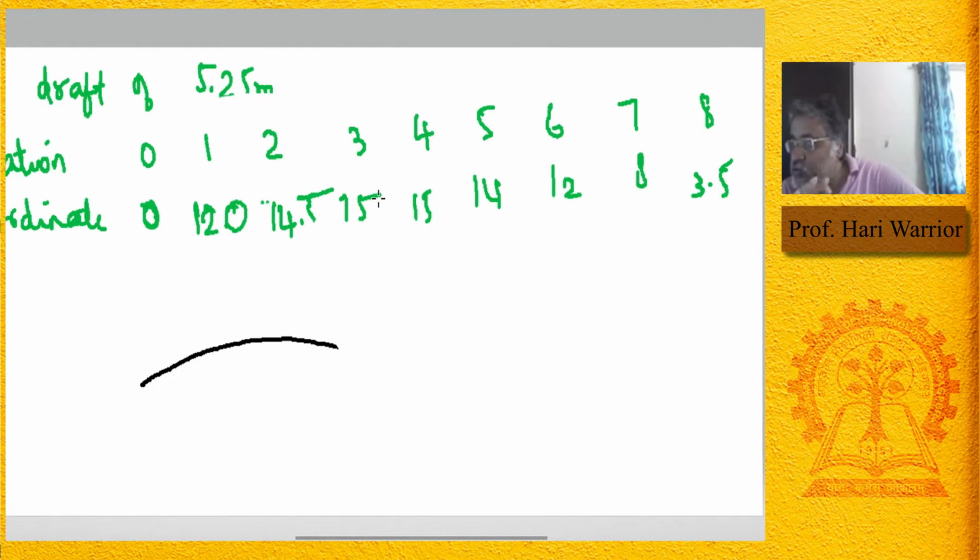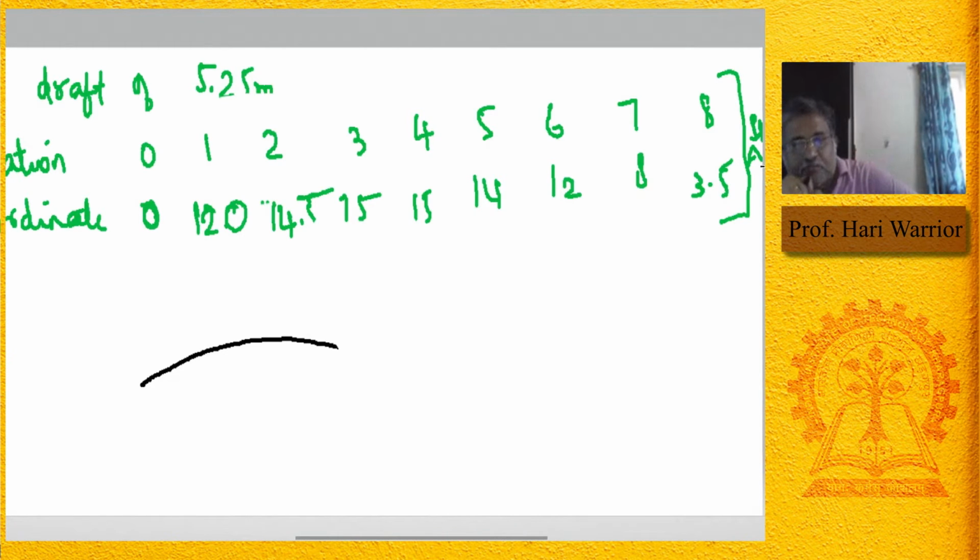Now the problem, just like the last problem, where they made everything look a little more complicated, here they are saying that forward of station 8, so this is going up to station 8, there is an appendage second moment of area of 30 meter power 4. So beyond this, there is some second moment of area of 30 meter power 4. Now what is the use of all that, we will see.